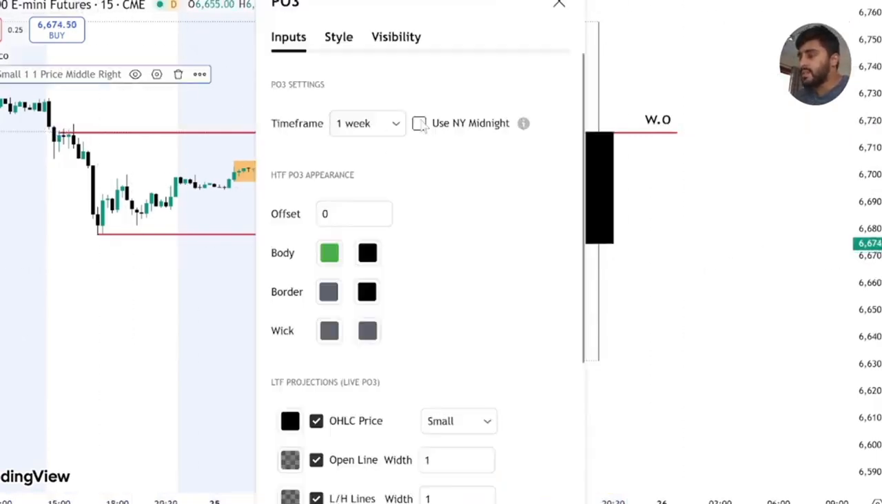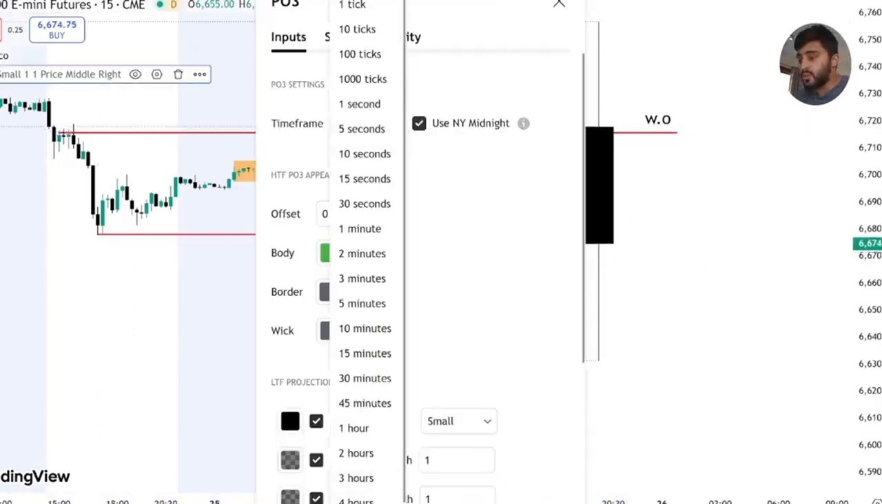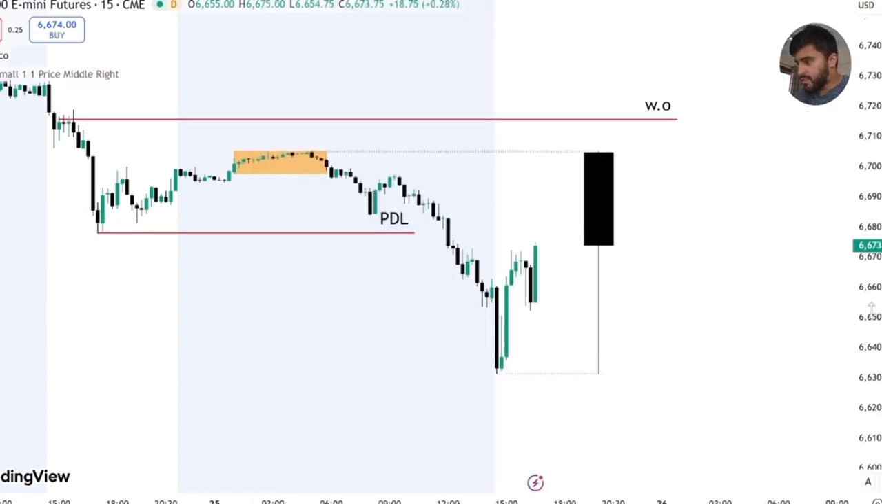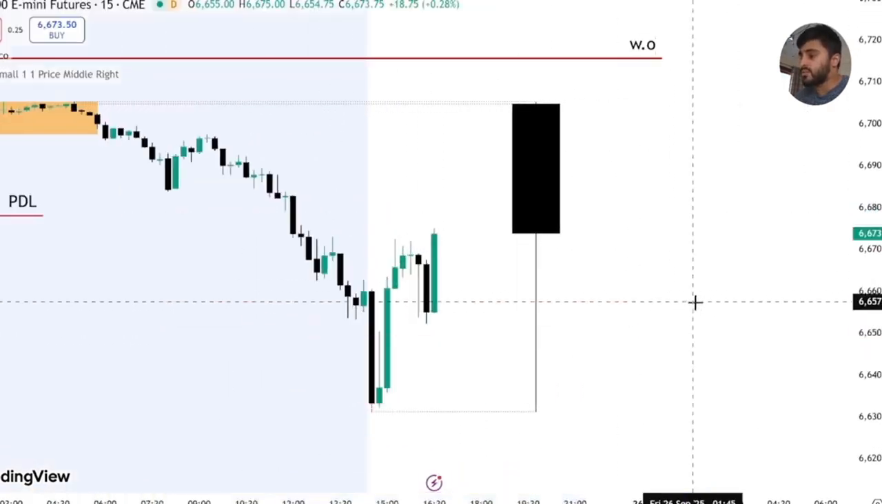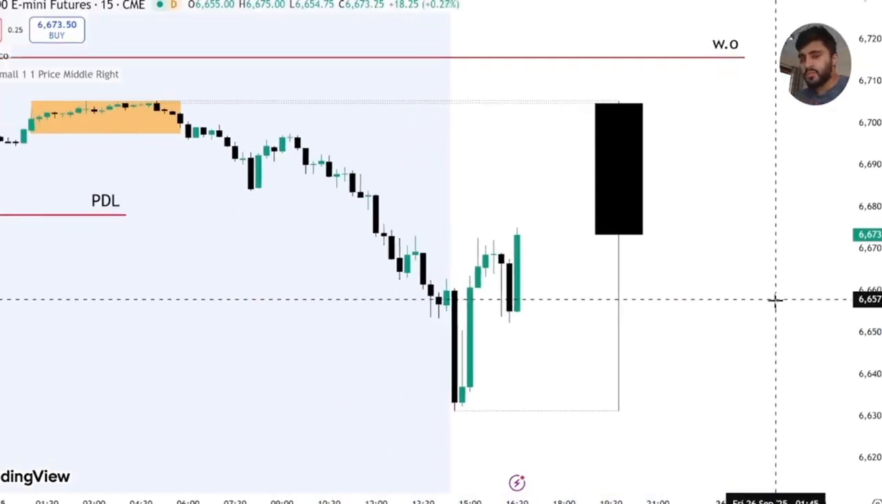And now from here, if we look at the daily opening price, we want to use a New York midnight opening price. So for those who haven't had any concept of the way the PO3 works or how I use the PO3, the power of three is overly complicated, but it's a simple concept. You want to be buying below the day